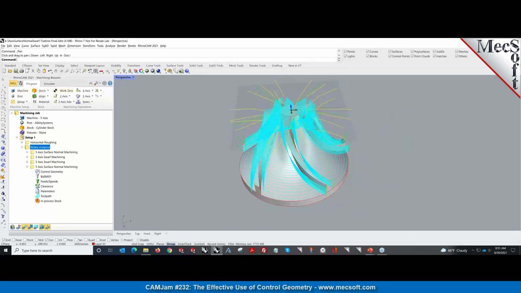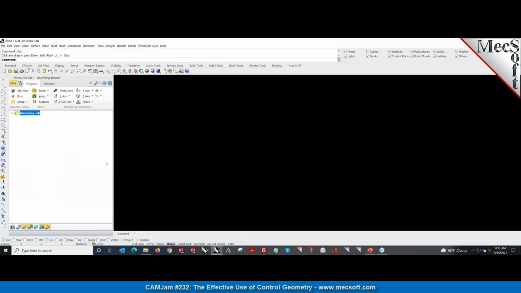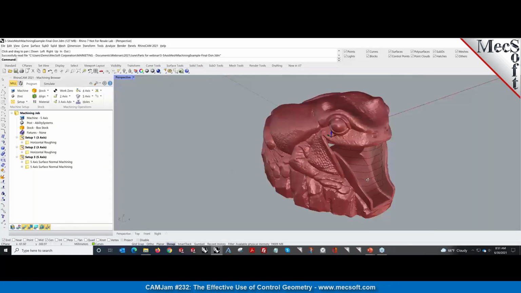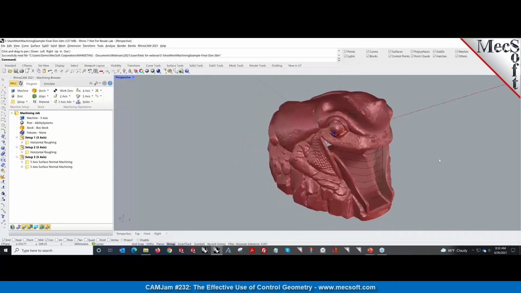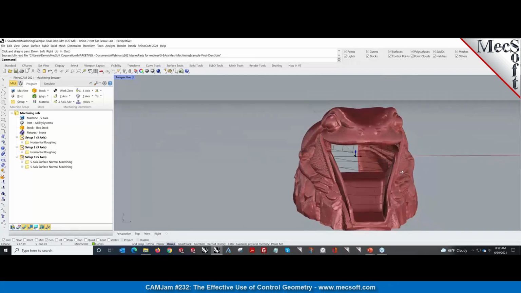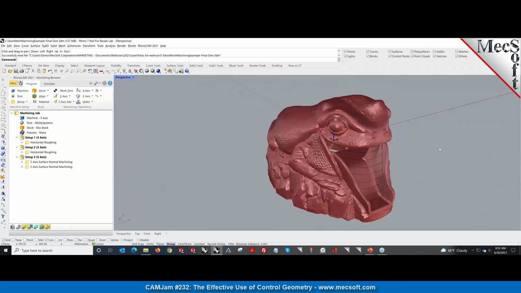Okay, we're running out of time, so I'm going to show you the last example, which is our mesh example. Okay, this is the mesh that we got from a customer. They had no idea how to machine it, so we actually helped them machine this. So this was quite challenging because, as you can see, the way they had scanned it, this is a scanned part. And you can see there's a lot of holes in this. How do we machine this? And they wanted to do it on a 5-axis